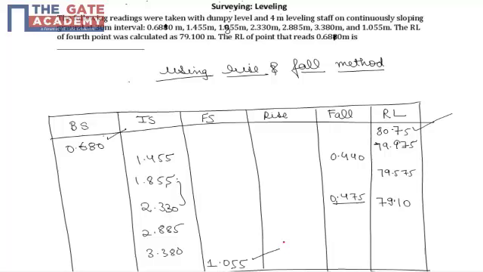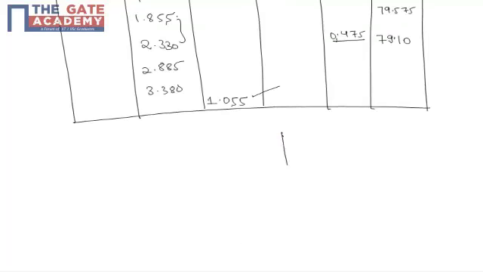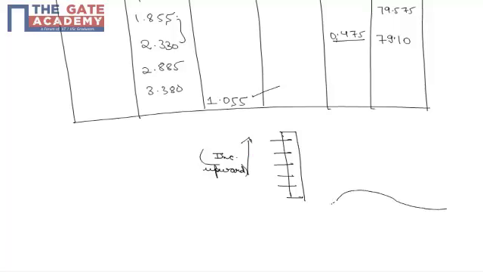in backsight and foresight respectively. Now we know that if the reading of the staff increases, that means the second point is lying on a fall, because we know that in case of a staff, readings increase in the upward direction. So if readings are increasing in the upward direction, that means, let us say this is the ground,